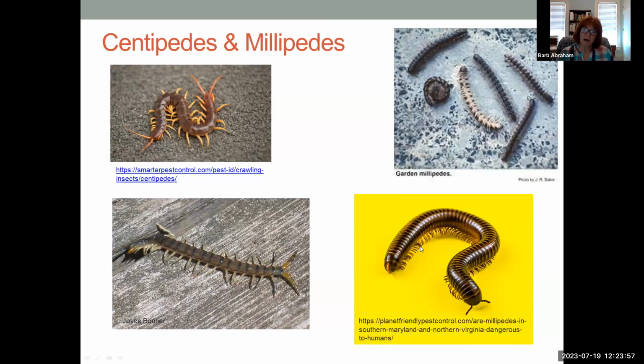Millipedes, on the other hand, are either scavengers, meaning they're eating dead material, it doesn't run away from them, or they can sometimes, if they're in very large numbers, eat some plant parts. But I think on the whole, you have to consider them beneficial arthropods in your garden. Remember, they are rounded. They appear to have 2 pairs of legs per segment, and you can see waves of motion when they're moving, and they don't go very fast. Kind of like watching a slow freight train go by a crossing.